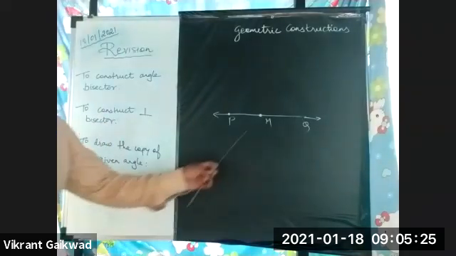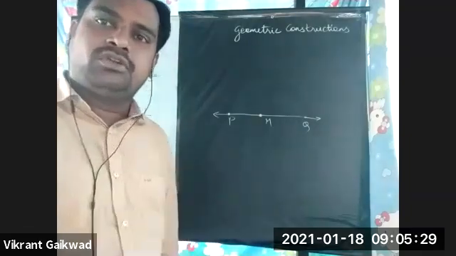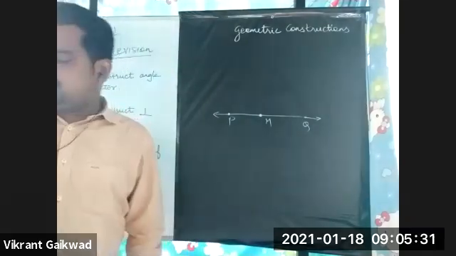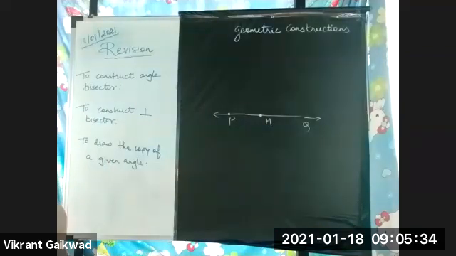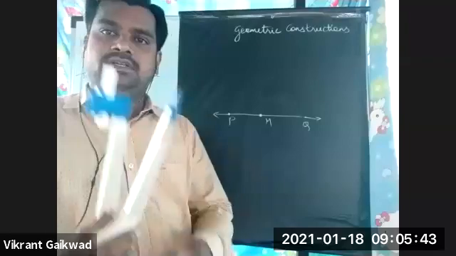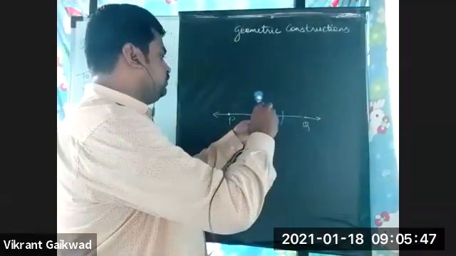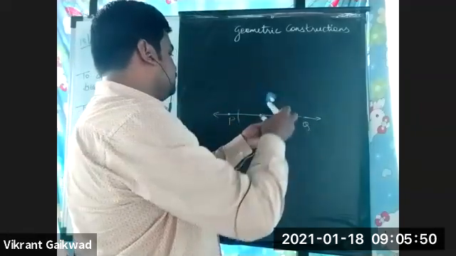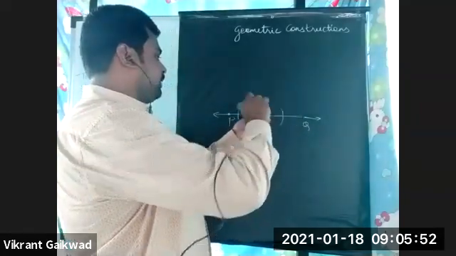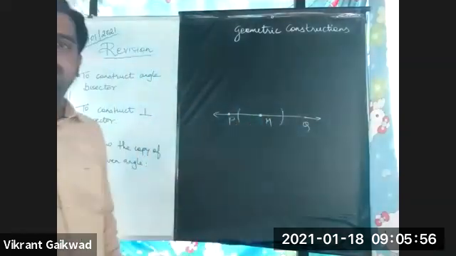And from this point M, you have to draw the perpendicular. Understand? So what you're going to do in this case? Again, very simple construction. Take a small distance on your rounder from point M. You're going to cut two arcs on its opposite ends. Check, from M, two arcs on opposite ends.